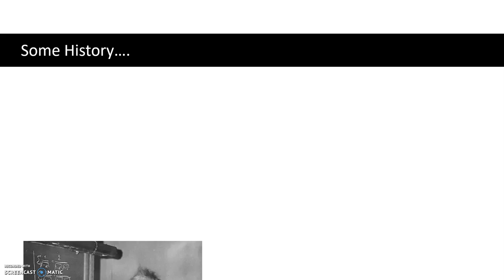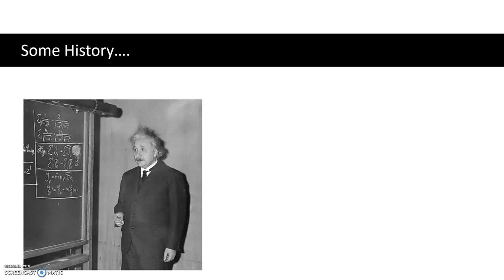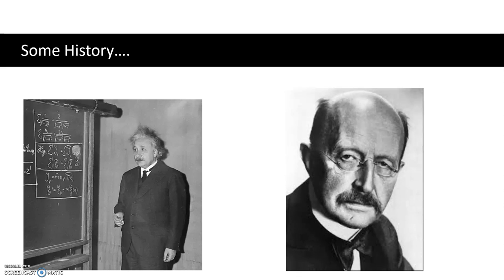We were talking about Albert Einstein earlier. He actually explained this effect by rejecting that common notion that light was a wave. The way he explained it was using the fact that light came in discrete bits, which he called photons. It was a new-ish idea. It wasn't actually blowing people out of the water, because there was a guy before him, Max Planck, who had thought of this idea before.